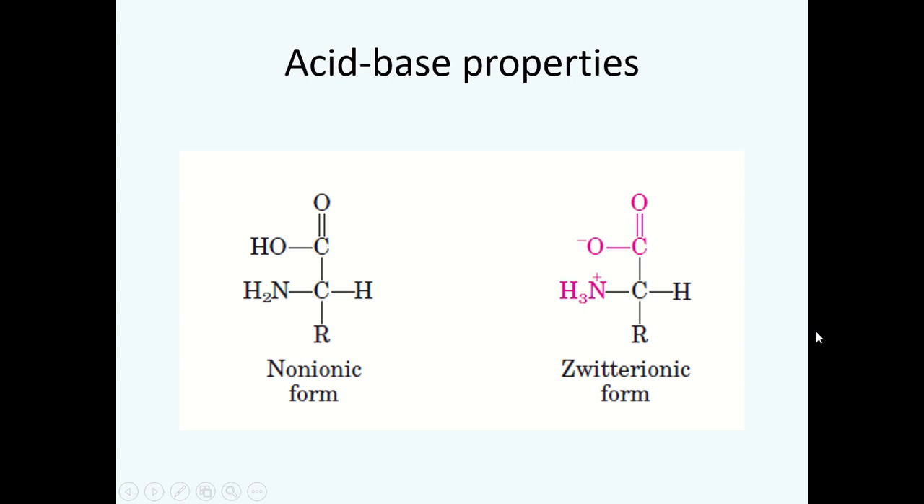Another important aspect of amino acids is their acid-base properties. Amino acids, as we know, contain an amino group and a carboxyl group. The carboxyl group can dissociate and release a proton, thereby being converted into a carboxylate ion, which is negatively charged. In the amino group, the nitrogen atom of the amino group,